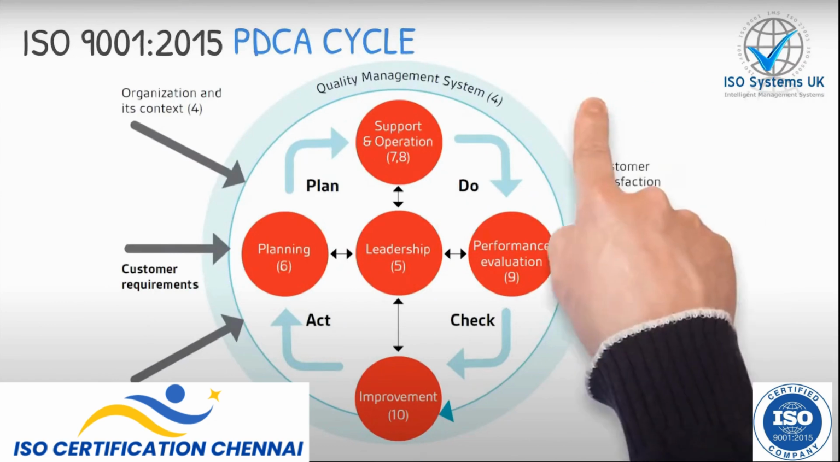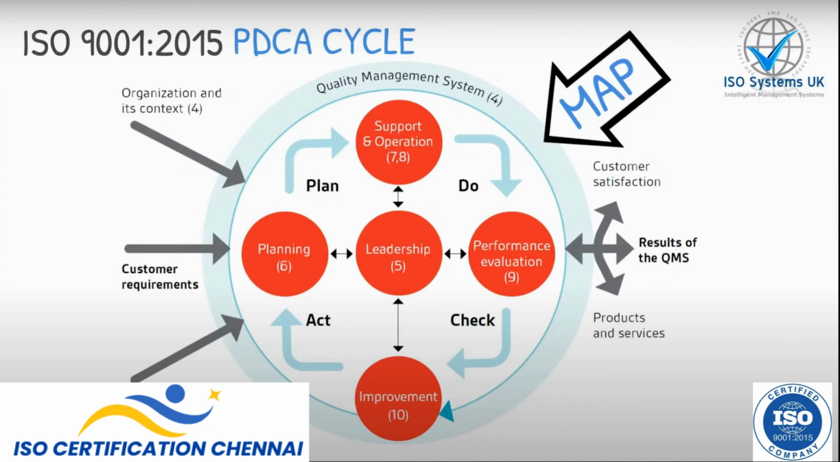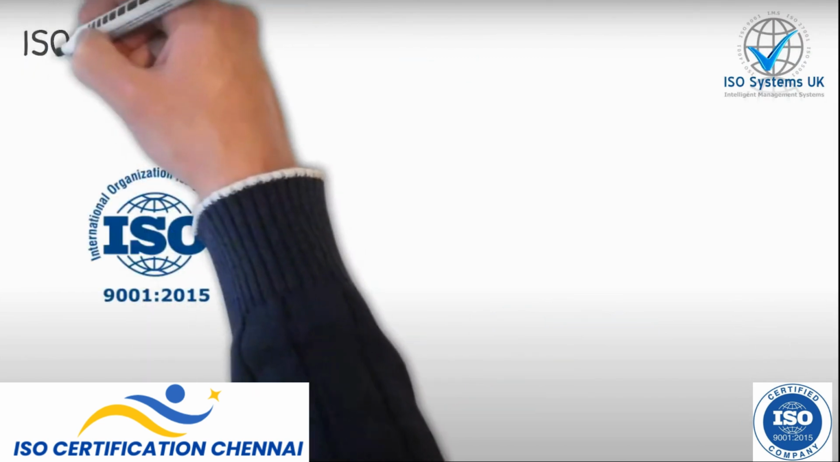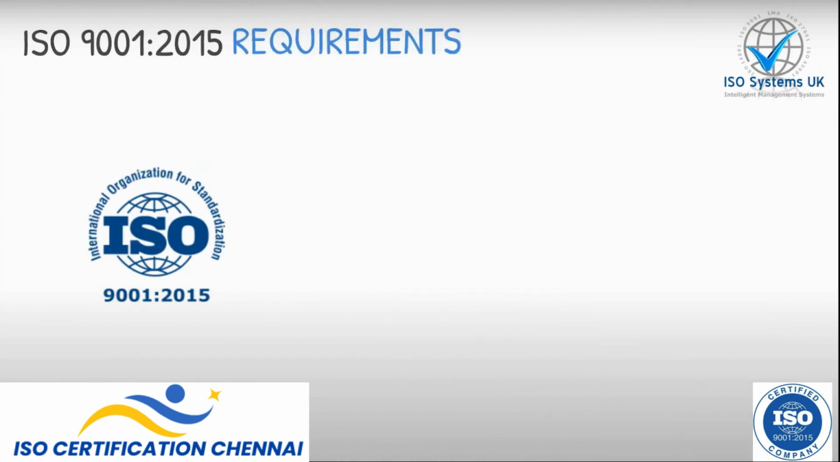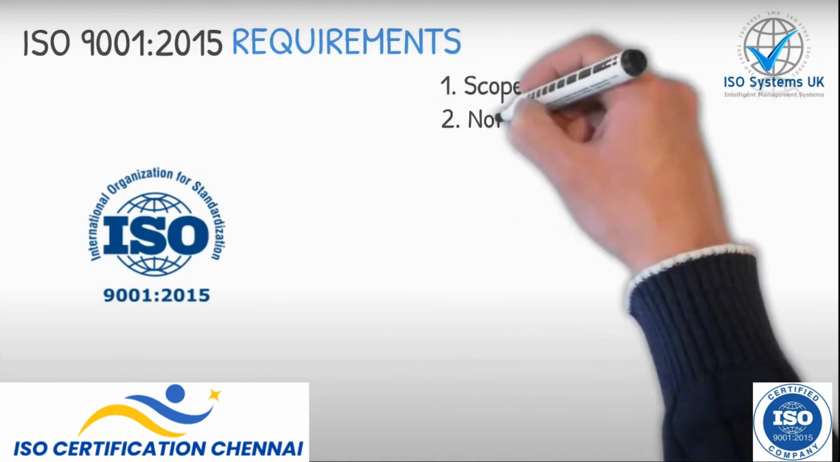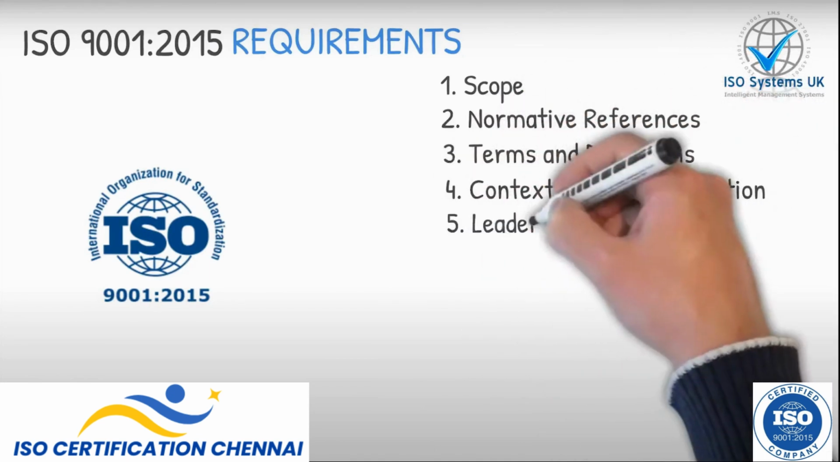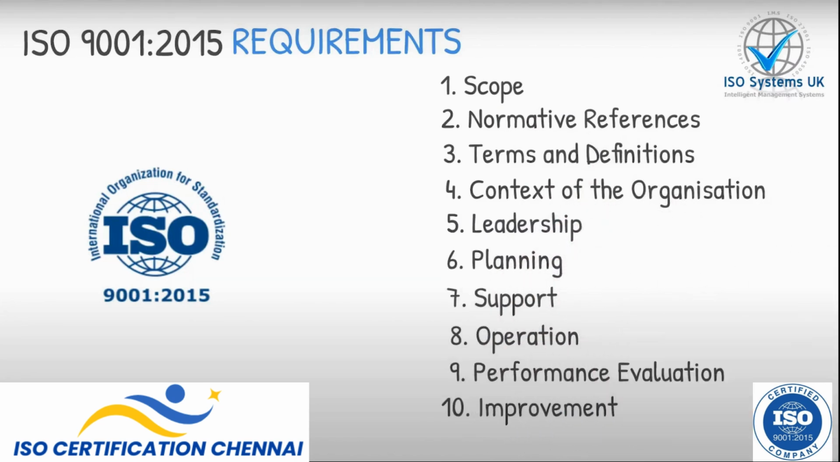Here's a map of the new quality management system. You probably may think that the new quality management system model is complex or too simplified for your organization. Regardless of your perspective, let us break this down for you. First, the new ISO 9001 contains 10 clauses. These are the scope, normative reference, terms and definitions, context of the organization, leadership, planning, support, operation, performance evaluation and